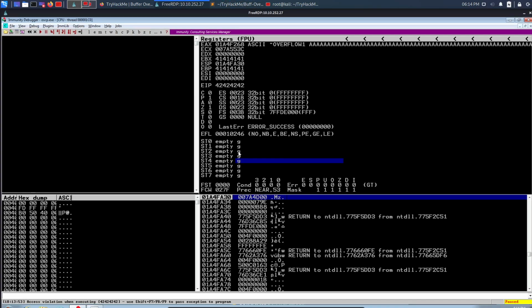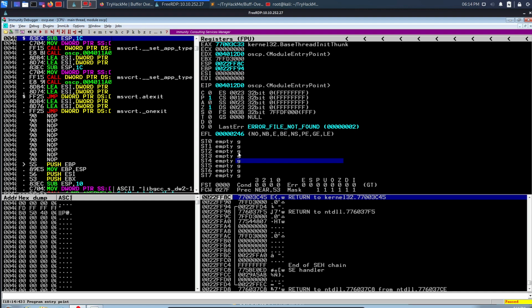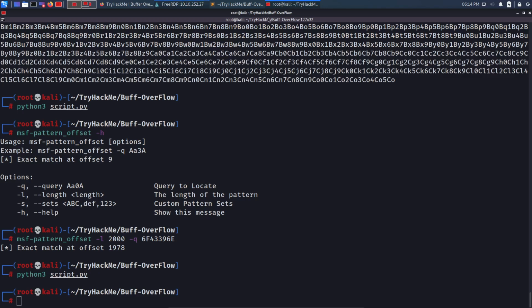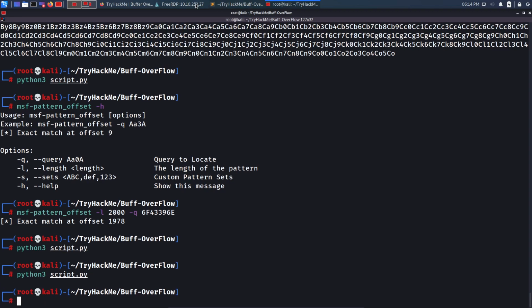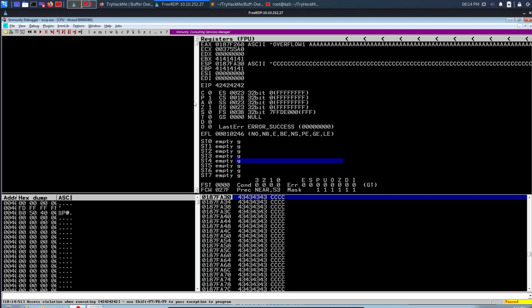Let's restart the Immunity Debugger, Ctrl F2, F9, and let's come back to our terminal, run that script again, come to the Windows machine, and right away you can see now that in my EIP I am having 42, which is B character. In my EAX I am having A, and in my ESP I am having the C